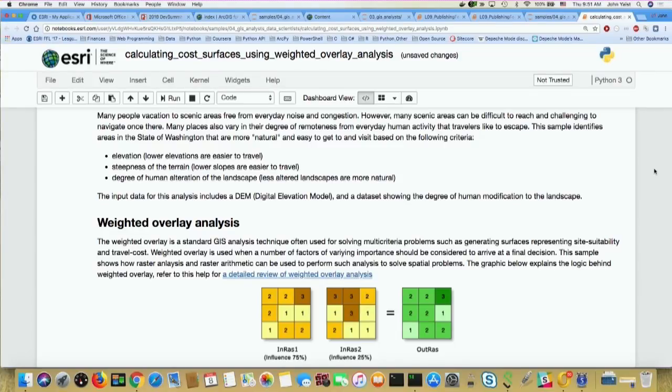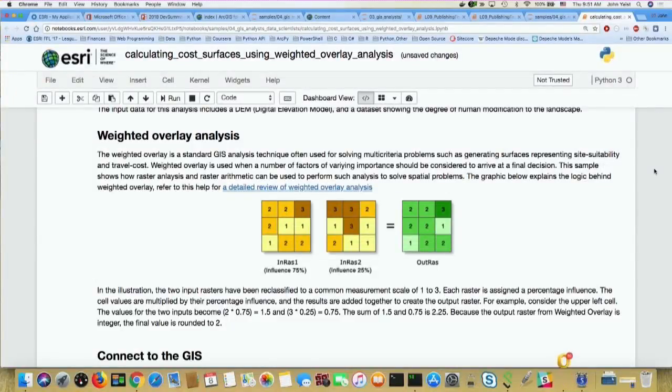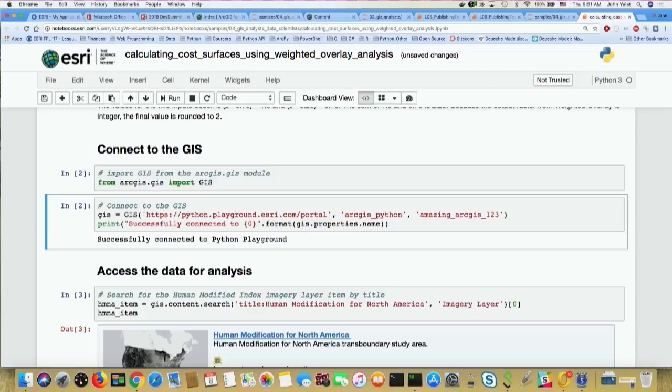So you want to see the mountains and the rivers and the lakes and the pretty stuff. So we're going to get some information from ArcGIS Online and combine it in a way that gives us an output and shows us which areas in a certain location are the best to go to based on that criteria. So we're going to import the GIS class to our notebook,